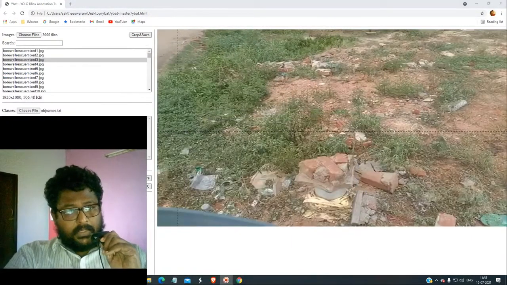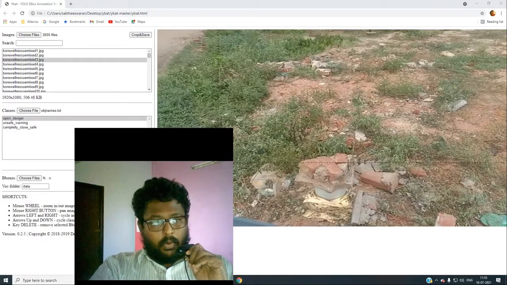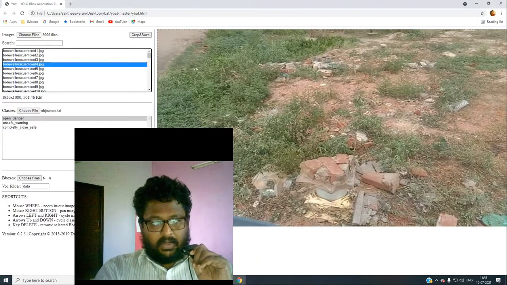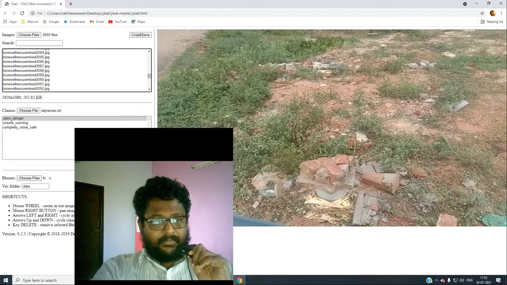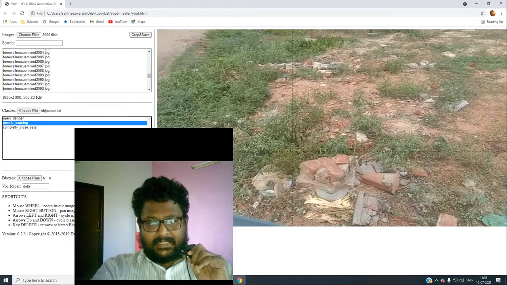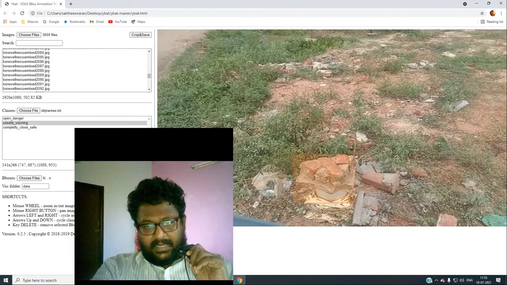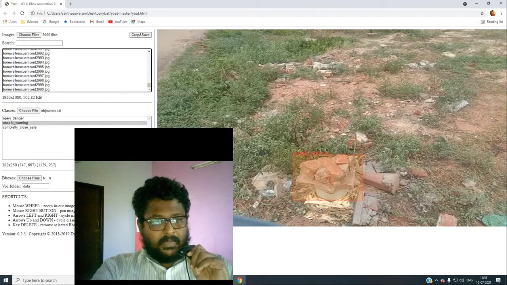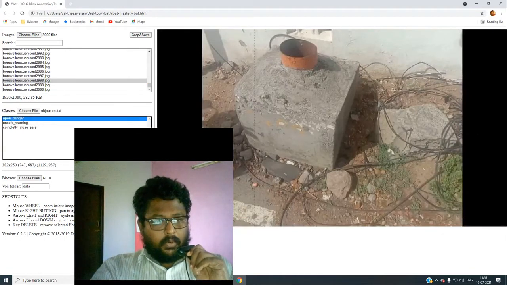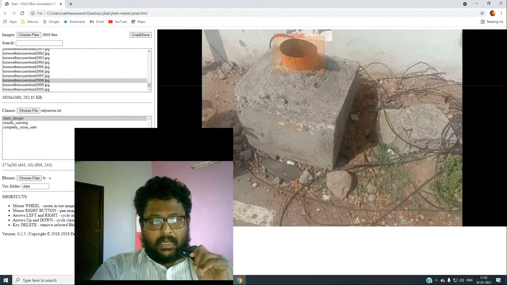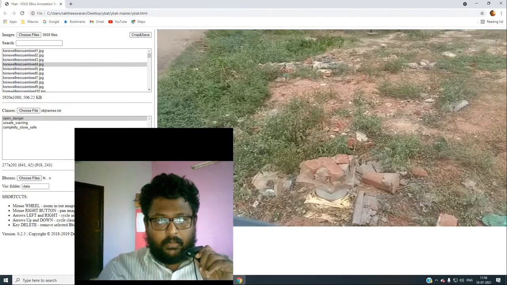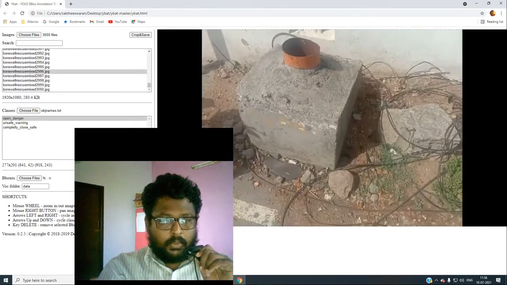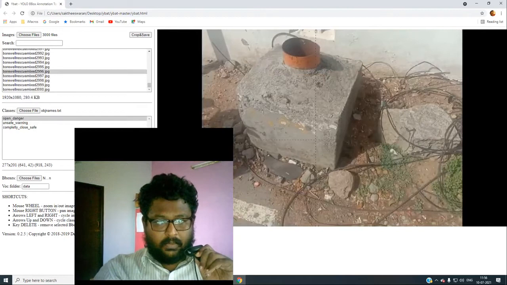So I'm going to draw one label box. This is a borewell, into which children fall, and it is very dangerous. Here they have closed the borewell unsafe, so I'm naming it unsafe. You have to draw it in such a manner that it covers only that part. This is unsafe. If you have something else, like open, you have to go for open danger. You can click here or use the arrow button to move through the images. To move through the classes, use the up and down buttons. This is how you do it.